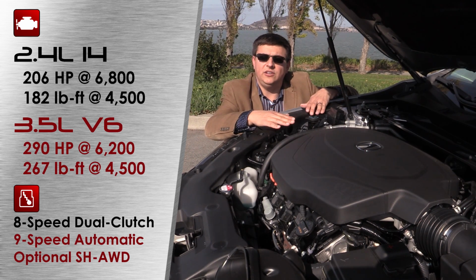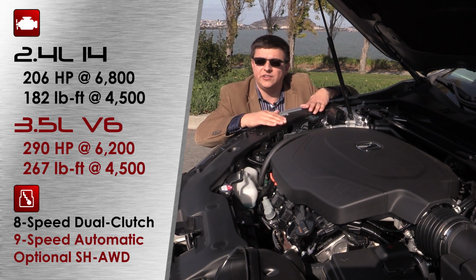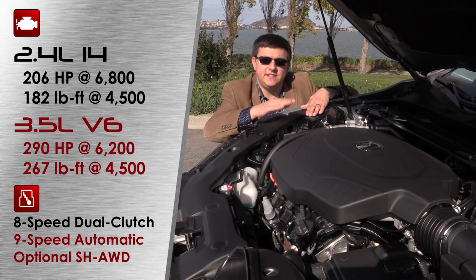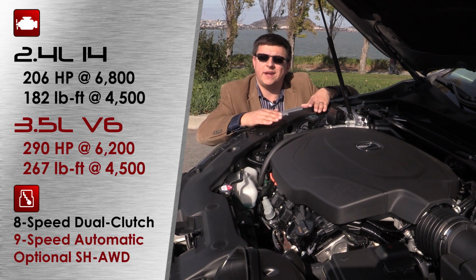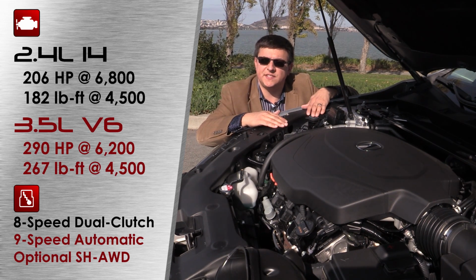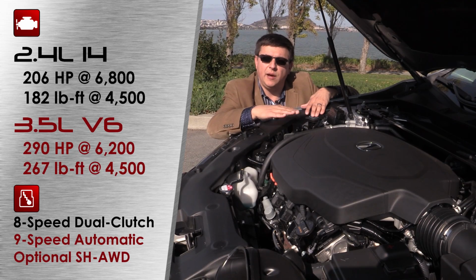Now, the model we're taking a look at here has the optional 3.5-liter V6 engine. This is essentially the same V6 that you'll find under the hood of the MDX and the Acura RLX. In the TLX, it produces 290 horsepower and 267 pound-feet of torque. In addition to using the same variable displacement system that you'll find in other Acura products, helping fuel economy in